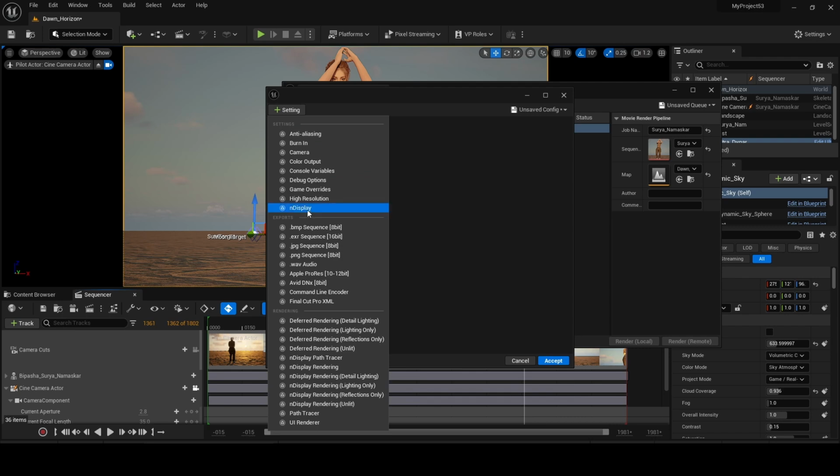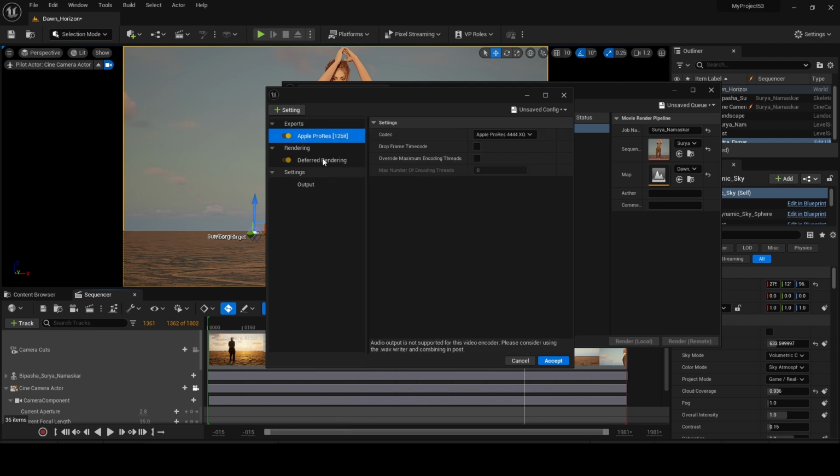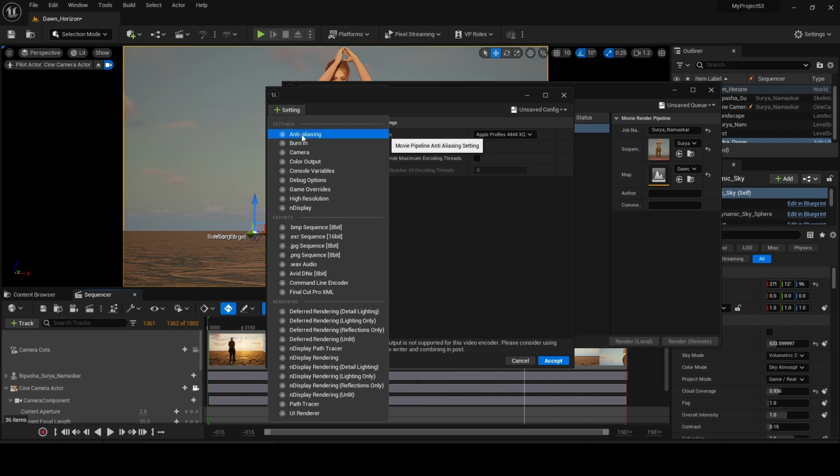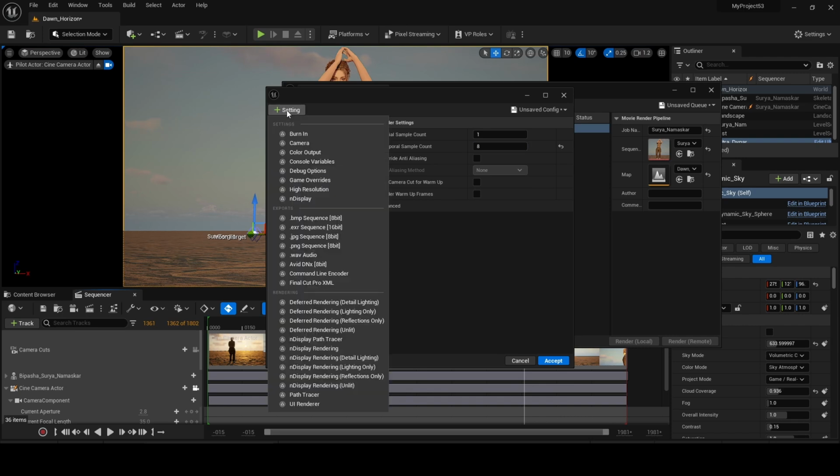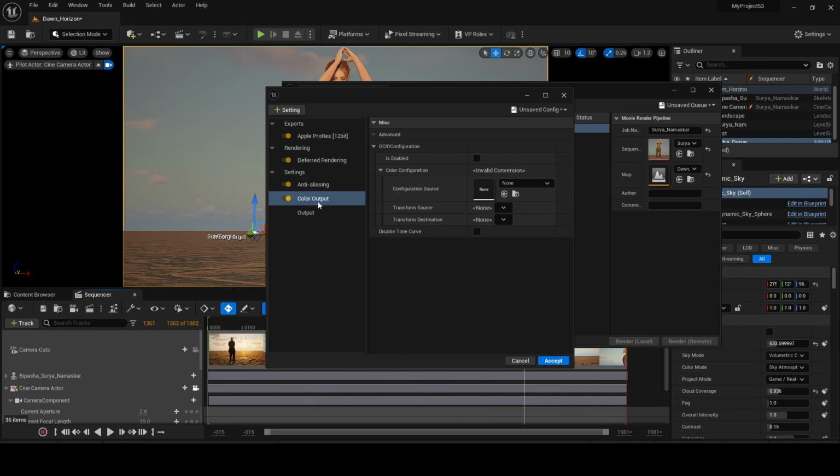Actually I am rendering it in Apple ProRes, and anti-aliasing 8, and then you have to set a color space, color output here. In the color output tab,